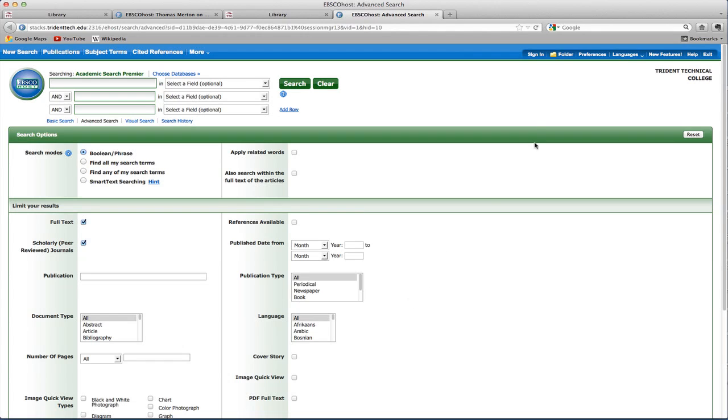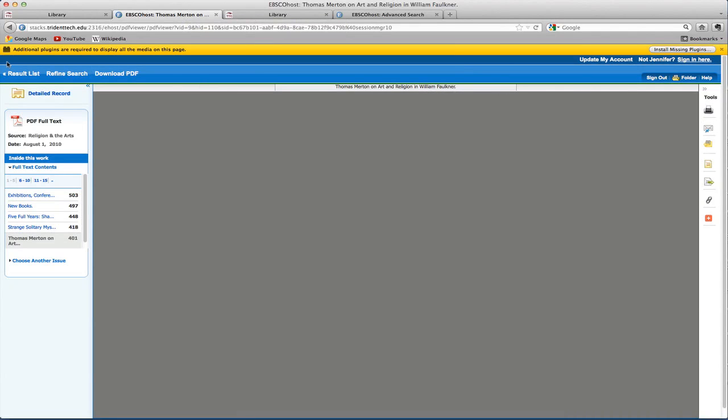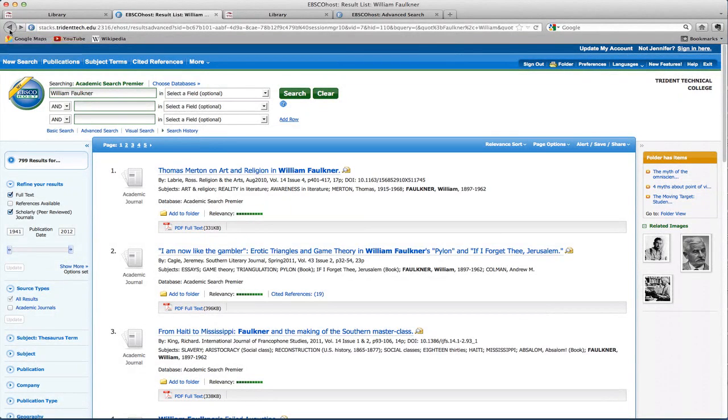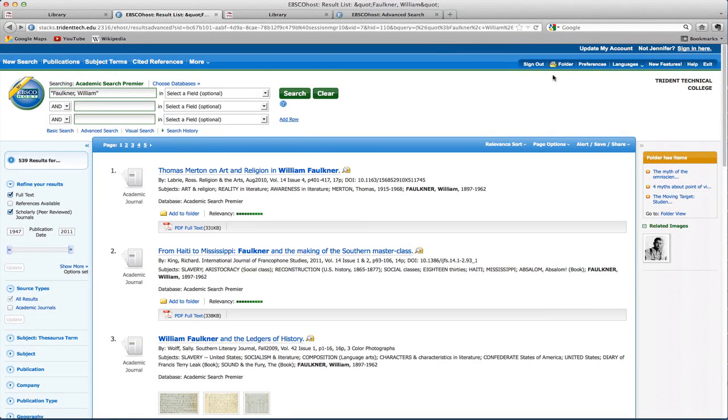And I also want you to create an account. So you would click here. I already have my account, so let me just go back for a second. If you don't yet have an account with Academic Search Premier, you want to create one. It'll say sign in over here. That's where you create it. The reason why you want to create an account is because it will allow you to save the sources that you're looking up. So since you're looking at two different databases, Academic Search Premier and JSTOR,